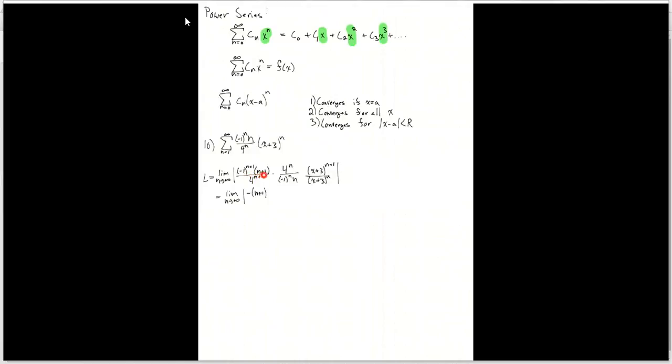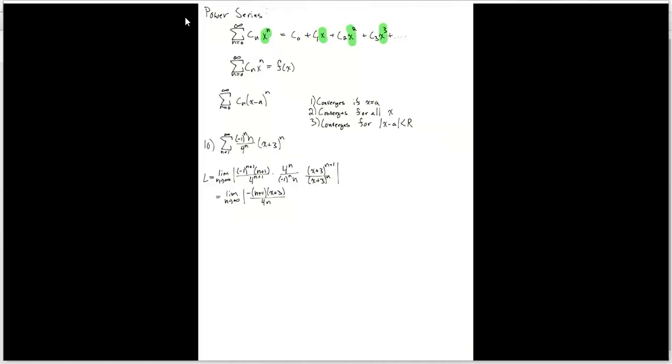These 4 to the n plus 1 and this 4 to the n, we're going to keep a 4, and then we're still going to have these x plus 3 factors, but now we're going to be left with only one of them, because there's n plus 1 of these things, and there's n of these things. So we're going to just have 1 left. So we have -n plus 1, x plus 3, all over